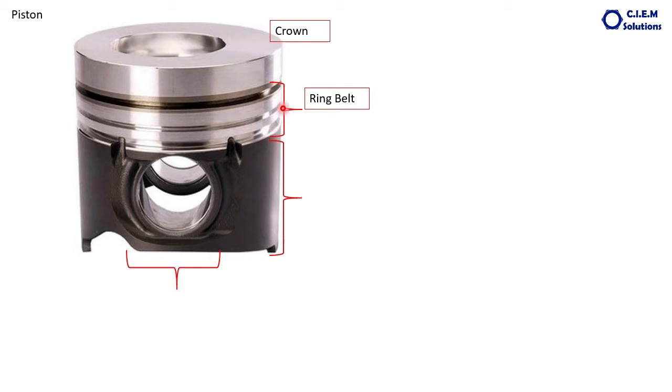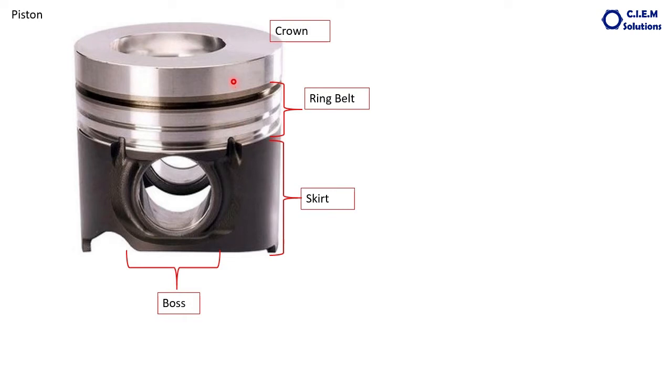And in the ring belt area, the grooves are made of steel to give a long life. The bottom portion is called the skirt, and this is called the piston boss area. Crown, ring belt, skirt, and boss.